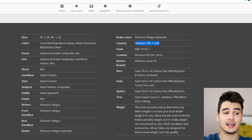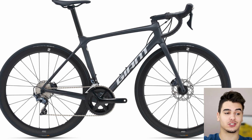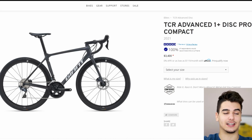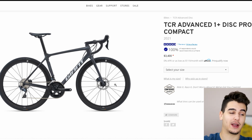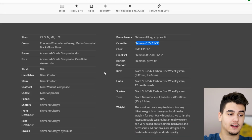Now in terms of the crankset, you have a 52/36 semi-compact RS510, a cheaper Shimano crank, which I don't like. Now that's not to say that it would be night and day with the Shimano Ultegra crank. Just usually when they put these cheaper cranks, they tend to wear out faster. And I would say that the power transfer is not as good. Now, I'm not an engineer that's going to do a test between both cranks. I usually just like to have an Ultegra crank if the rest of the groupset is Ultegra, or at least a 105 crank. I'm pretty sure this is still even cheaper than a 105 crank,